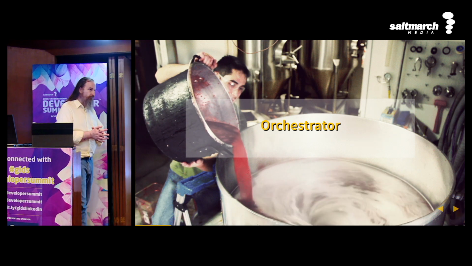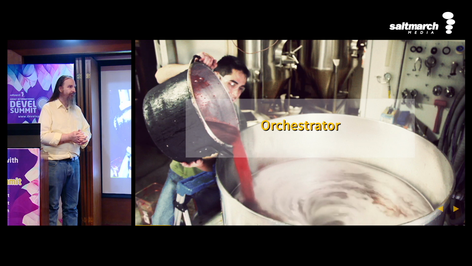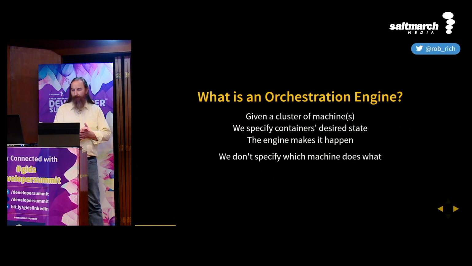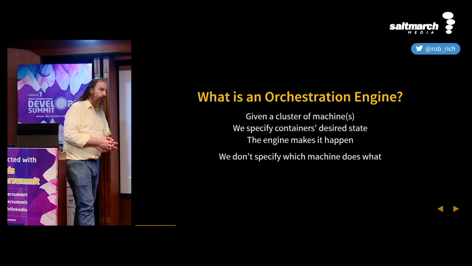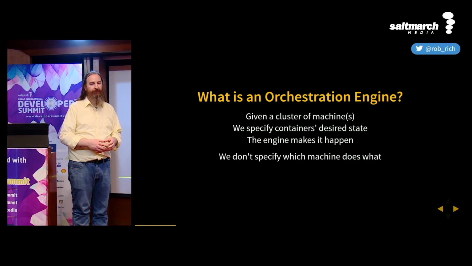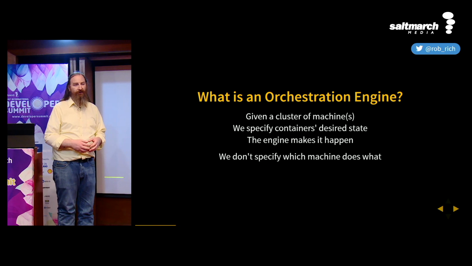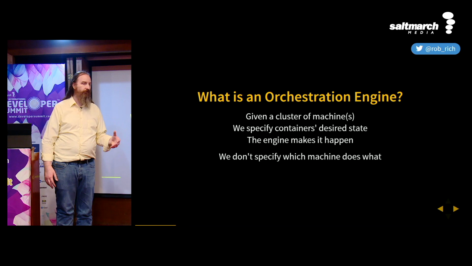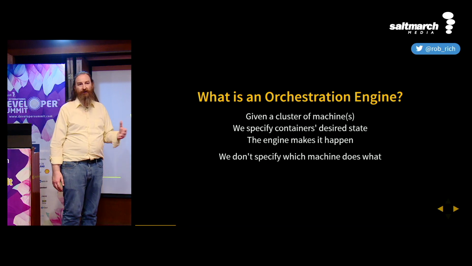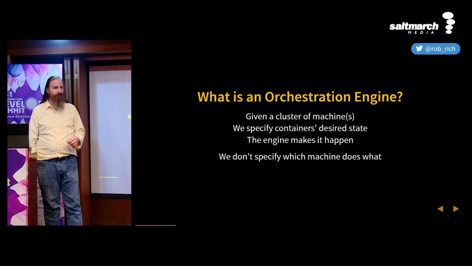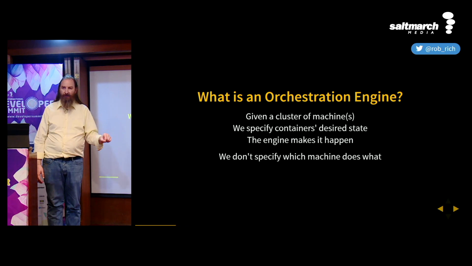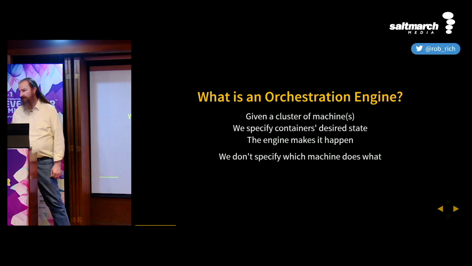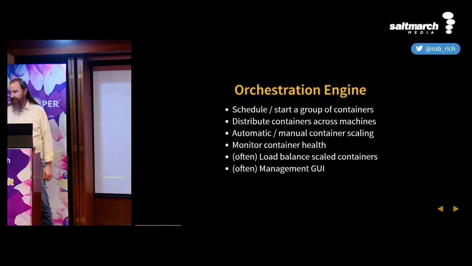So let's talk about orchestrators. Now the interesting thing about orchestrators is there are many to choose from. An orchestrator will run containers on a set of machines. So we give it some instructions. We say something like, run 3 copies of my web server, run it across availability zones, make sure it never goes down. I'm not talking about which server should I run the application on. I'm just giving it these instructions and telling it to make it so. And that's what an orchestrator is.